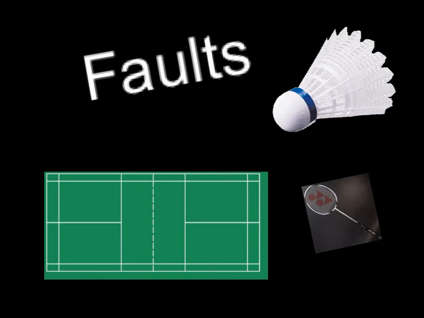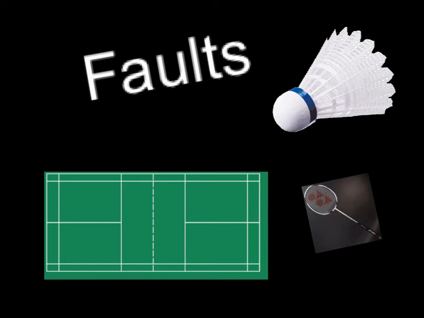Faults are going to occur in badminton. It's part of the game, and during the serve, it is a fault if the shuttle is struck higher than the waist, the head of the racket is not below the server's hand holding the racket, the shuttle falls into the wrong service court or out of bounds, the shuttle falls before or short of the service line, the server's feet are not in the correct service court, the receiver of the serve does not have both feet in the correct service court, the server steps forward when serving, the receiver moves prior to the serve,